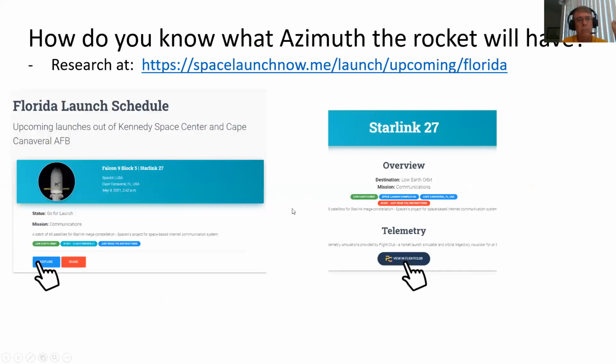Okay. How do you know what azimuth the rocket will have? Easy for me. I call up the flight planner and say, what's their azimuth? But for everybody else, they have to know how to do that. So this is one of those URLs, one of the first ones there, Space Launch Now, Me launch upcoming Florida. And I am going to go to share screen, and I am going to go over to